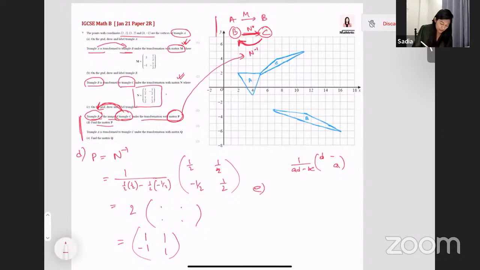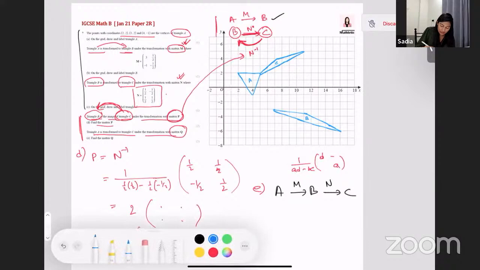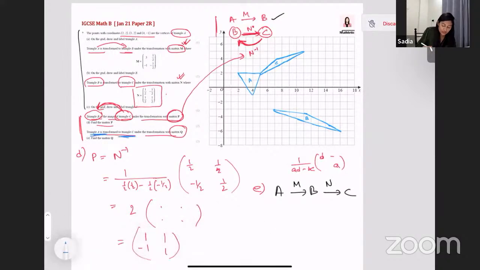Next, for part E, A is transformed to C under matrix transformation Q. আচ্ছা, এখন একটা জিনিস বলি, ম্যাথটা যখন থেকে শুরু হয় একদম স্টার্ট থেকে আমরা দেখলাম যে A to B হচ্ছে because of matrix M, আবার B to C হচ্ছে because of N। এখন suddenly they are asking us to transfer A to C directly. So তুমি at a time দুইটা ম্যাট্রিক্স যদি ইনটু করে দাও, ইন দ্যাট কেস তুমি MN যদি করো একবারে A থেকে C তে চলে যাবা, B পাচ্ছ না।